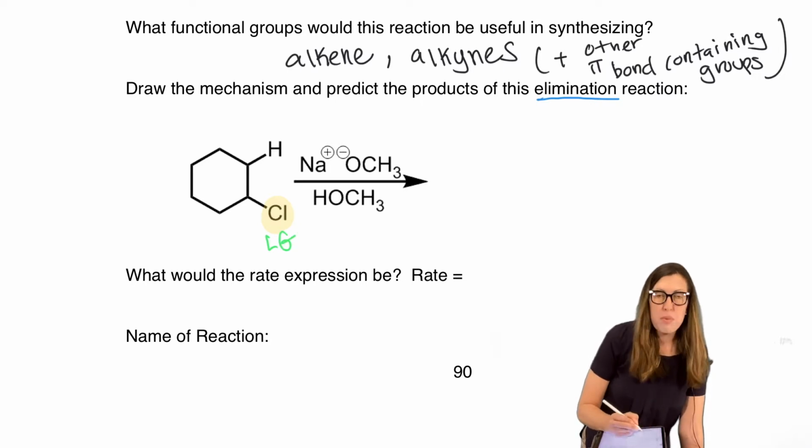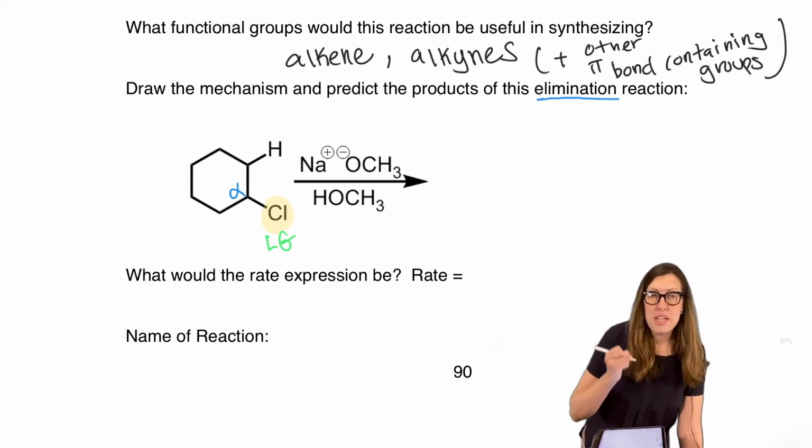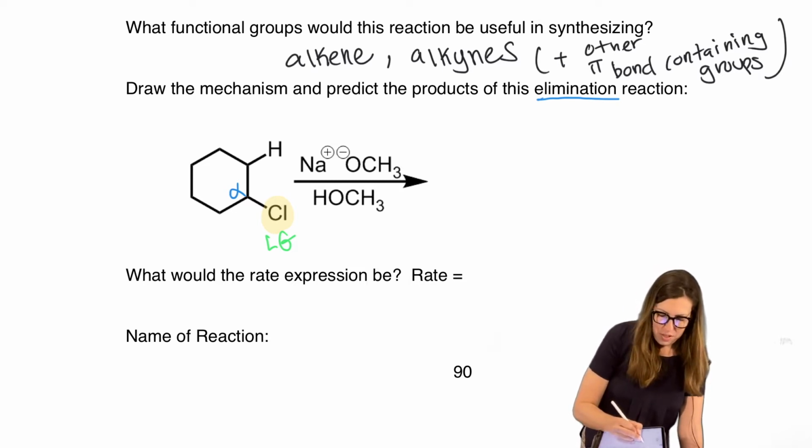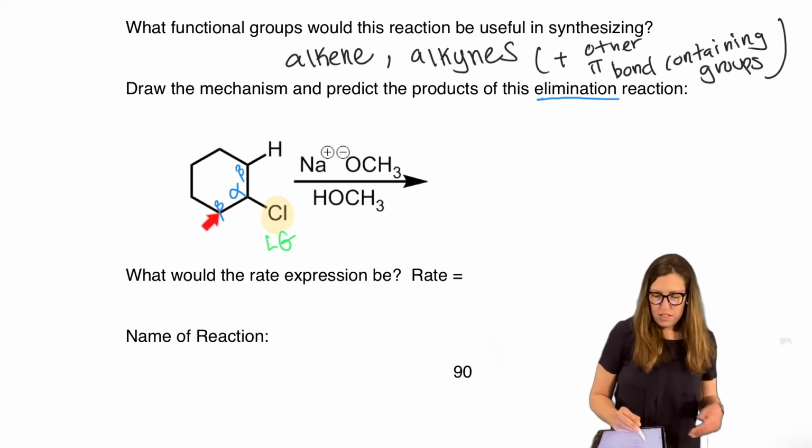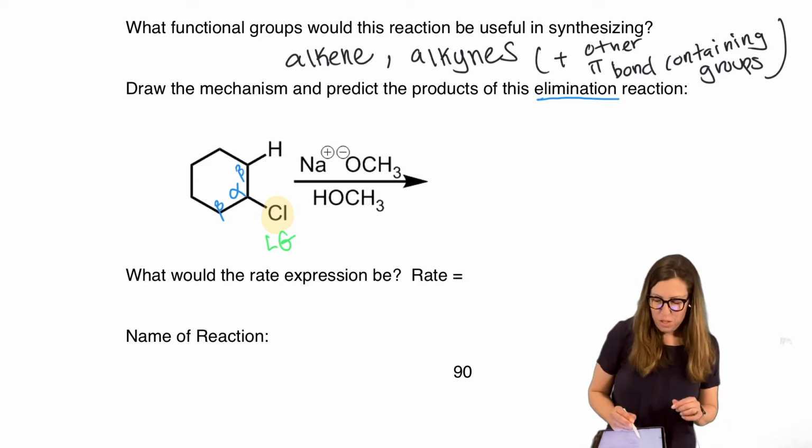Attached to my leaving group must be my alpha carbon. Attached to my alpha carbon are my beta carbons, if there's more than one. And I do in fact have more than one. Notice that it didn't matter which one I picked because of the symmetry of this molecule. I could have addressed either one. We'll talk about when it matters later, but we've got to work our way up to that, right?